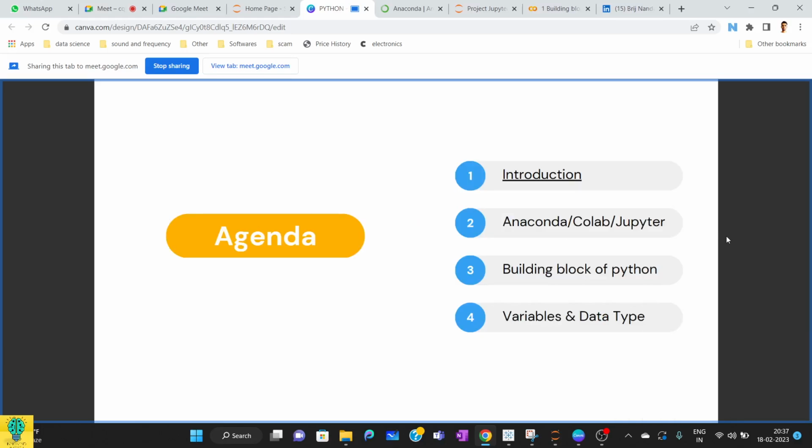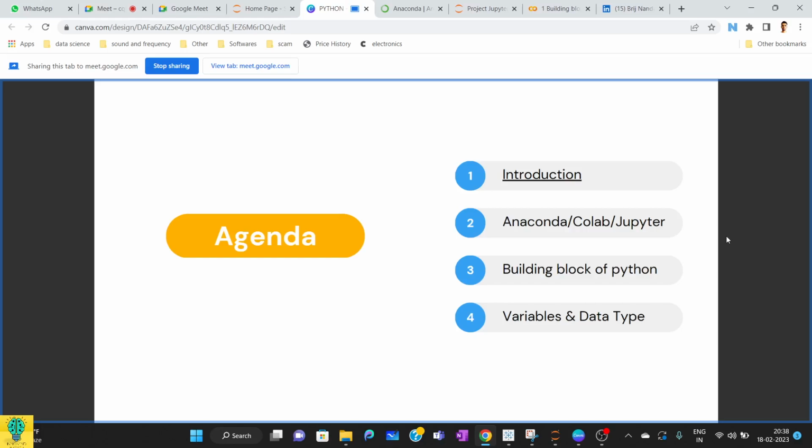First, we'll go for the introduction of Python. Then second, we'll go for Anaconda, Colab, or Jupyter. These are three notebooks that we'll be using to write our code. There are a few more, but I prefer these three because they are most widely used even in companies. So we'll try to make this lecture an easy step for you to transition into the company sector, where you need not learn a few more things. Yeah, definitely you'll be learning more things, but let's keep it oriented towards the company environment.